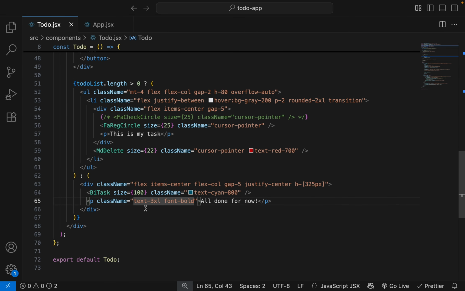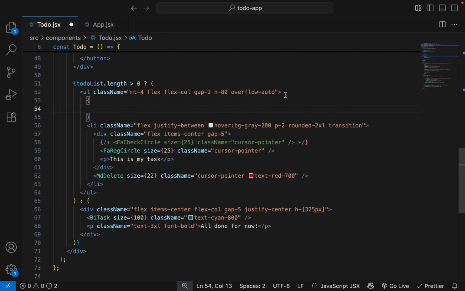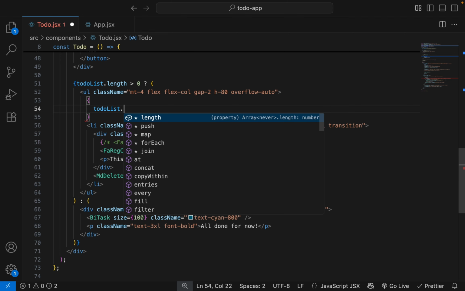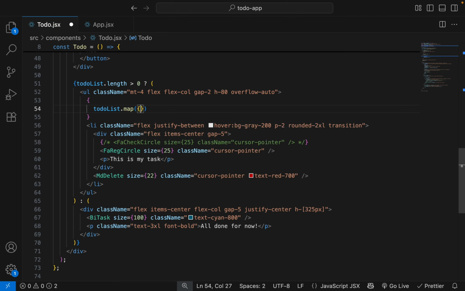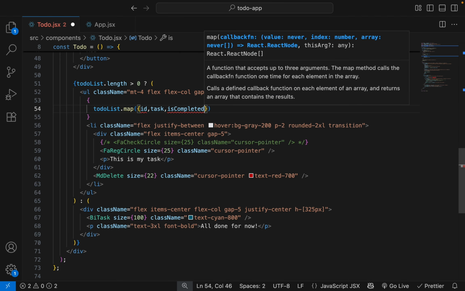So let's list our task here, brackets to-do list dot map. We will destructure our task object id, task, is completed.